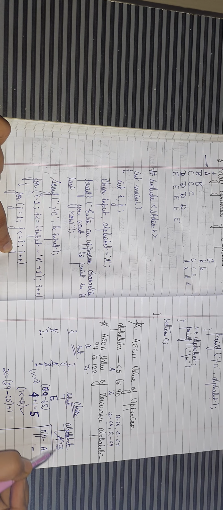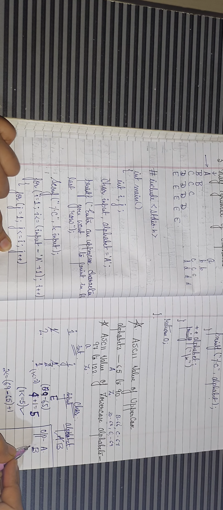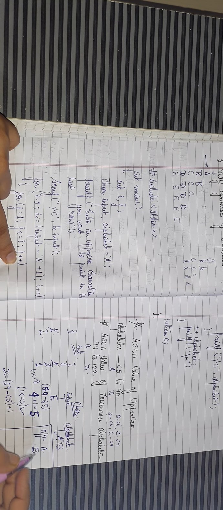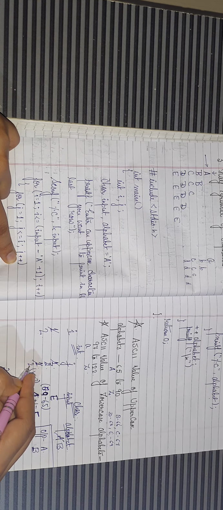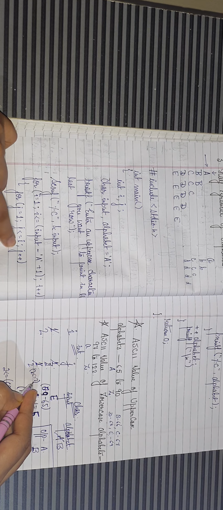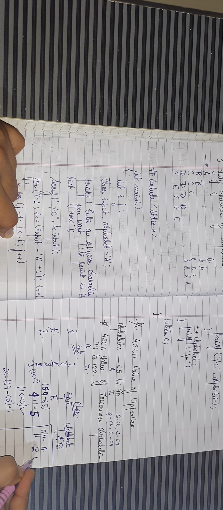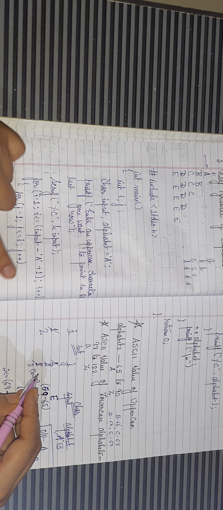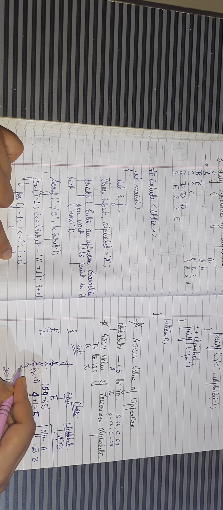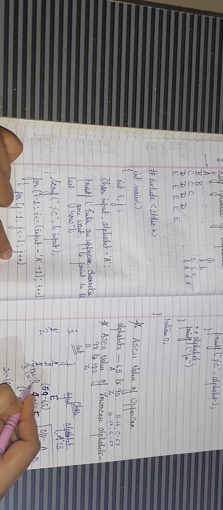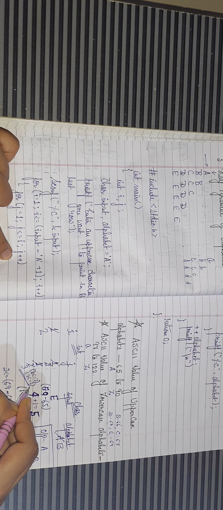So what is the alphabet value now? It is b. So b is printed here. Now again the j value will be incremented by 1, that is 2. So now we will check, is 2 less than or equal to 2 with this condition? Yes, the condition is satisfied. So again we will print the alphabet, that is b. Again we will come here and check the condition. Is 3 less than or equal to 2? No, this condition is not true.